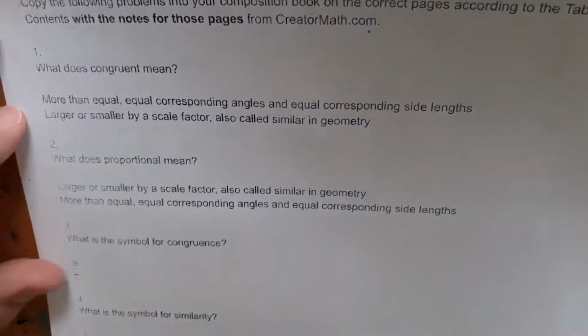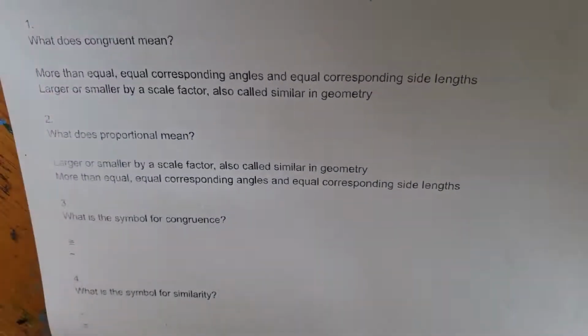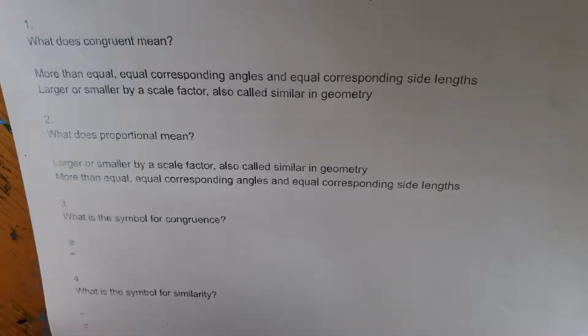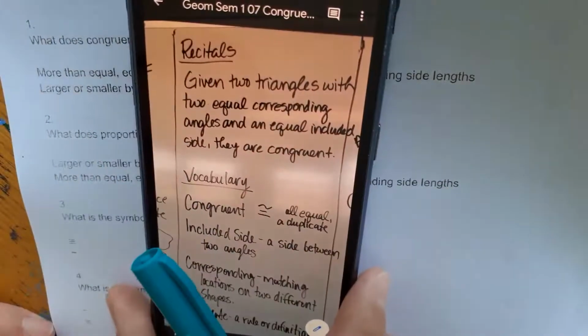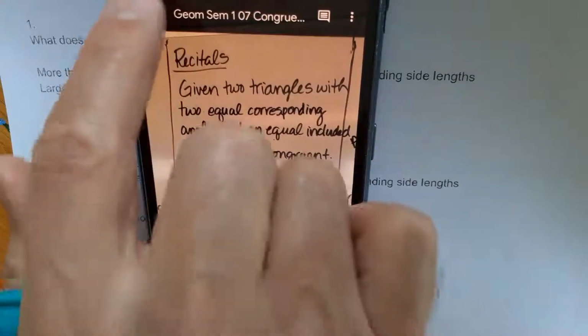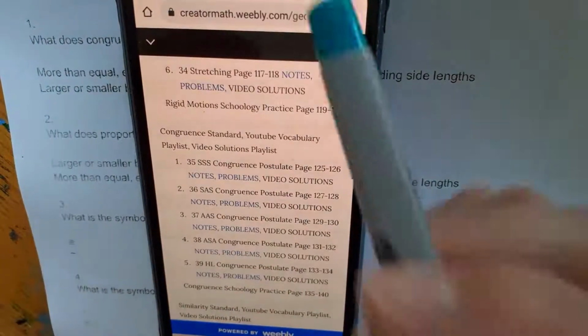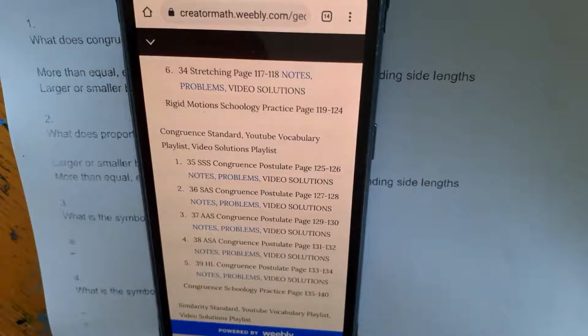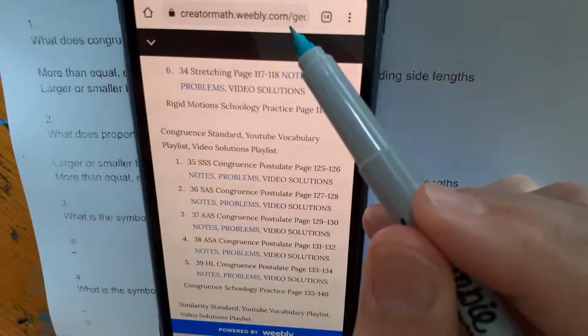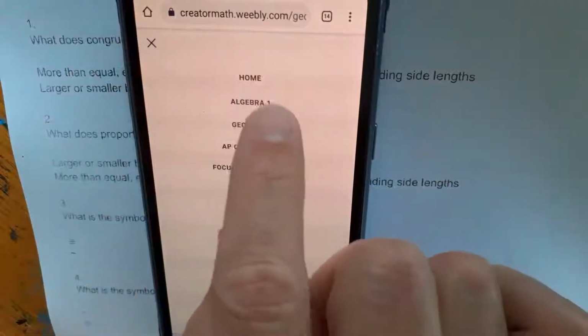I'm going to get to these questions in a second, but before I do, I always try to show you where those notes are on the website, because it can be kind of hard to find if you don't know where you're looking. Okay, let's try that. There we go. So, here it is. It's creatormath.weebly.com. That's the website right here. Google it. You should get to this home page right here,